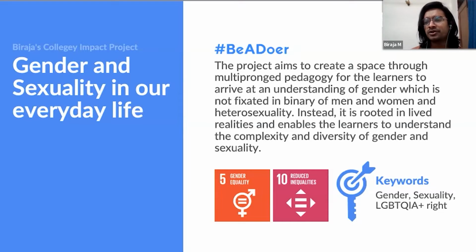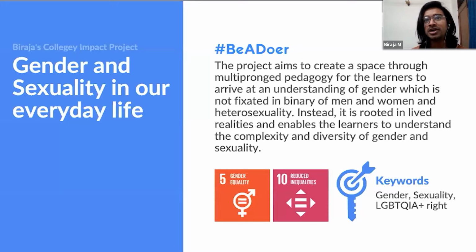And looking back does not have to be our past. Looking back can be just looking inside into our bodies. It can be our hair, it can be simple facts like our clothes and what is our relationship with our clothes. And I'm keeping it open right now because I feel in the process of this project it will emerge. Every other learner would bring out their own relationship with that one aspect that they relate so much, and maybe they'll be able to see how gender and sexuality play in it.